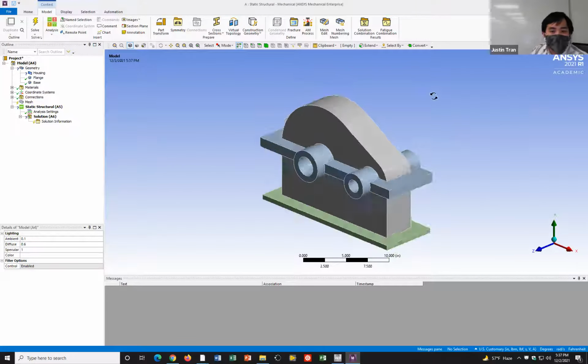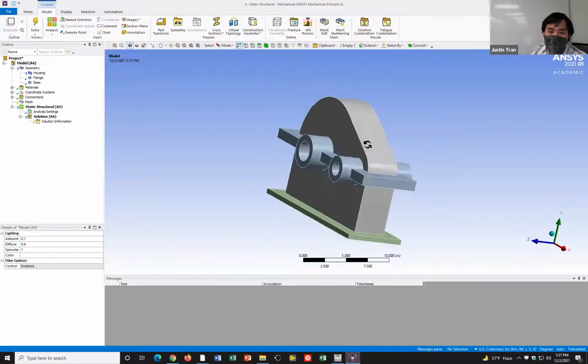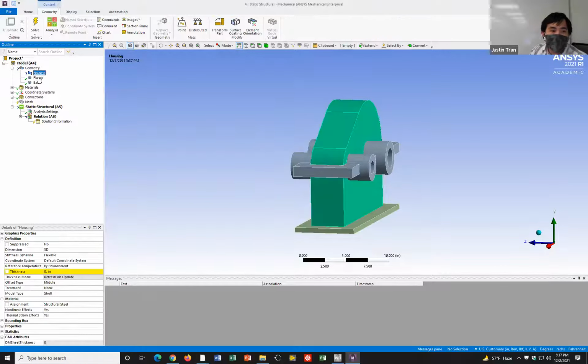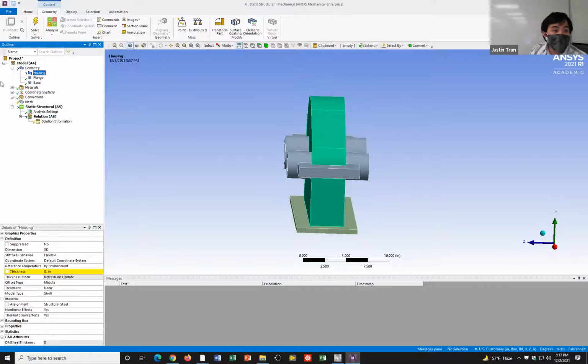Okay. And so we loaded in our gearbox here. You can see it's a very simple representation of a gearbox. First thing you should notice is that if you go to the geometry here, you can see that we have 3 different parts. We have the housing, we have the flange, and we have the base right here. But what you'll notice is that the housing has a question mark next to it, right? And remember, question marks always tell us that there's something that Ansys wants us to set before we can move forward.